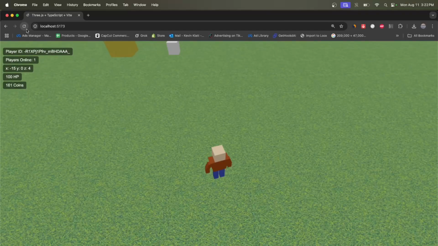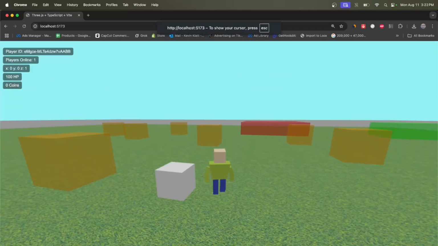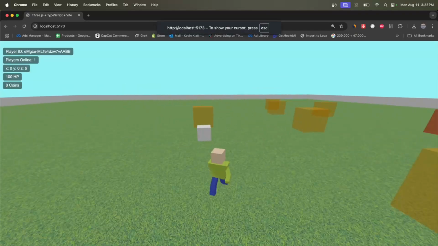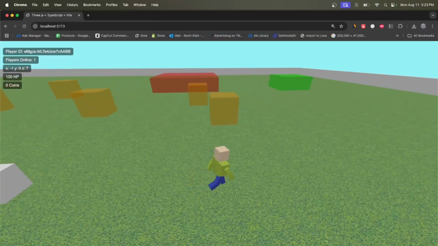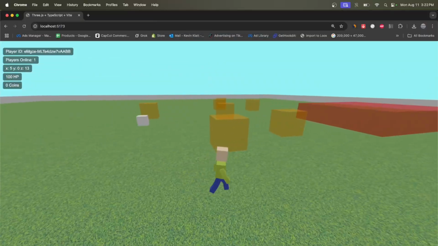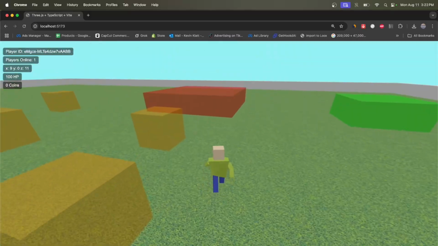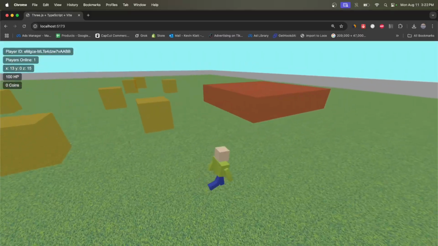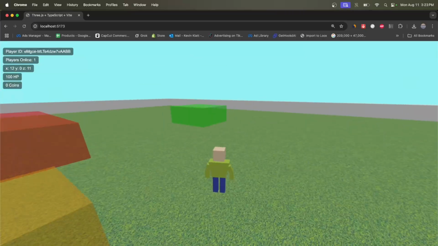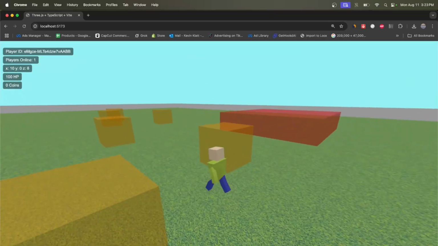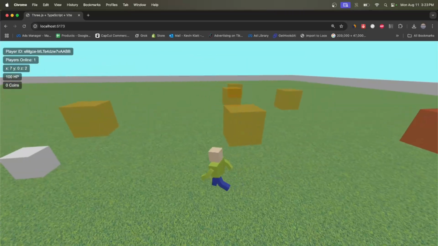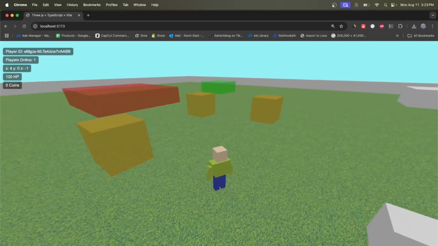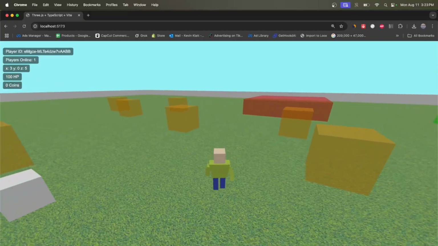Alright, so this is the second part. This is part two of the series of making a game. The original title was making a game in Three.js, but the more I'm doing this, the more I'm realizing that this is not really a Three.js game. I guess it's a JavaScript game or TypeScript game in this case, because the way it works is this is